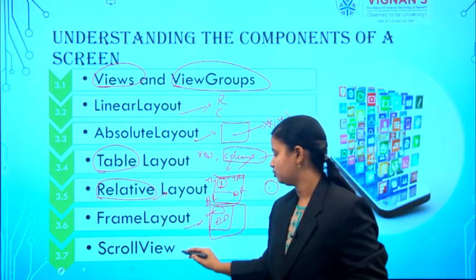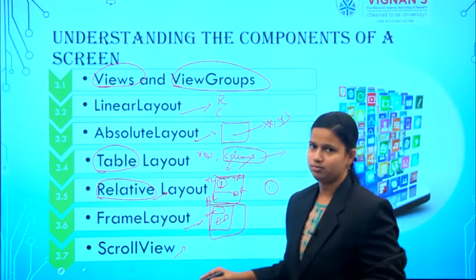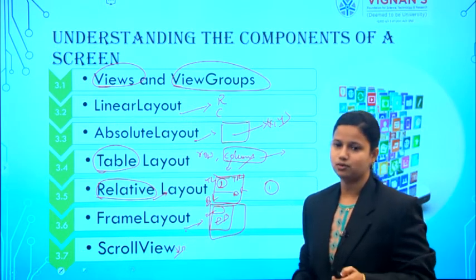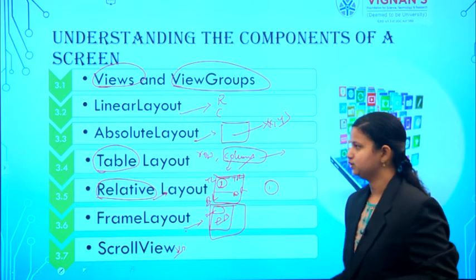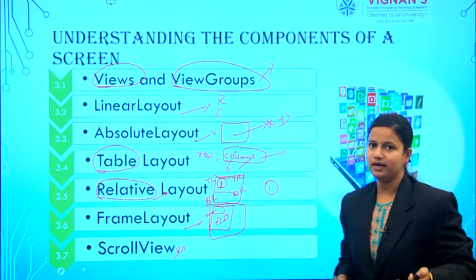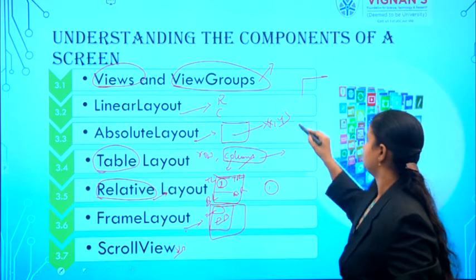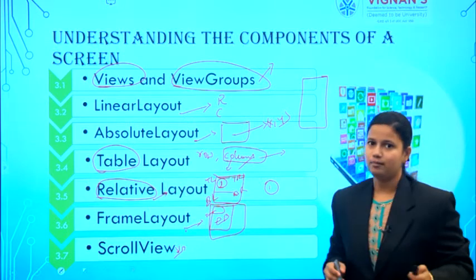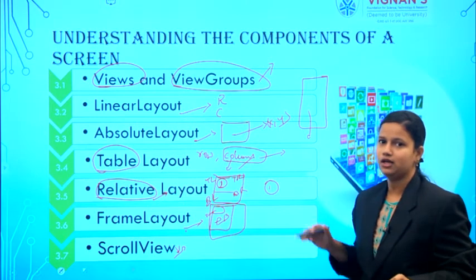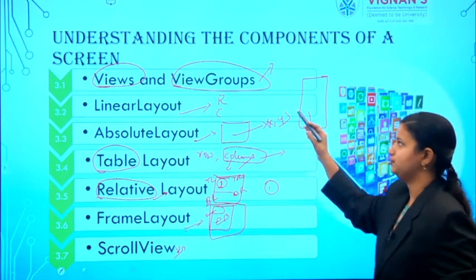And the next thing is scroll view. In the previous sessions we already discussed all these topics in brief, but in this session we are discussing only the concept of scroll view. Why do we need the scroll view concept? If the view group elements are more than the physical space, so if your user interface is like this, but your view group elements are more than this physical space that appears in your user interface design, how do we allocate those or how do we design those view group elements?